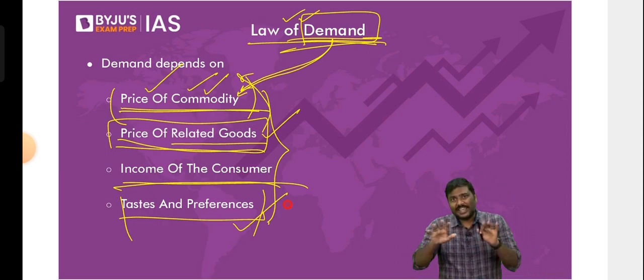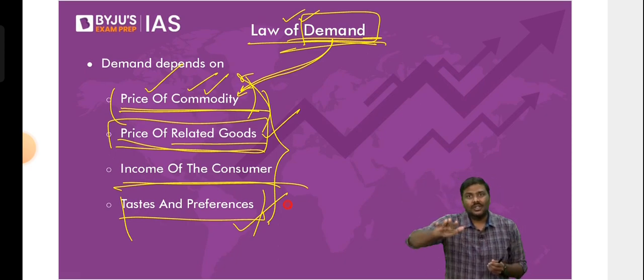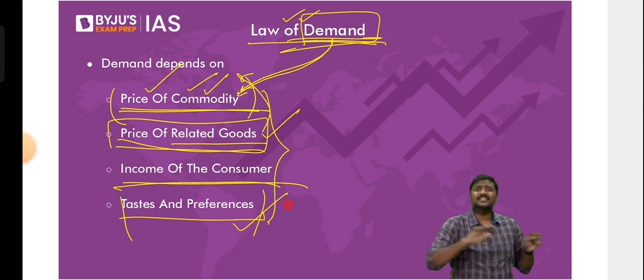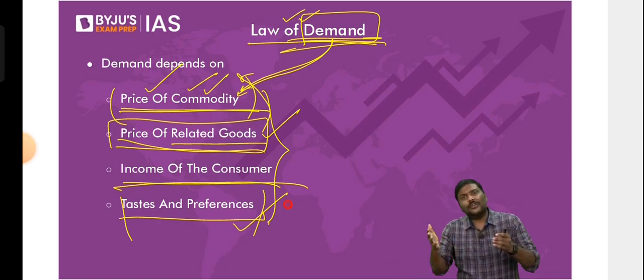Imagine you are a gamer. You want a particular laptop with very high processing speed. Will you go and purchase a normal laptop which costs 20,000, 30,000? Absolutely not. The gaming laptops will cost you 1.5 lakh rupees, 2 lakh rupees, 3 lakh rupees, etc. Imagine you are a strict vegan. You don't consume milk, you don't consume this, etc. Will that have an impact on what kind of goods and services you purchase on the market? Imagine you are a non-vegetarian. Will that not have an influence on what kind of foods you will purchase on the market?